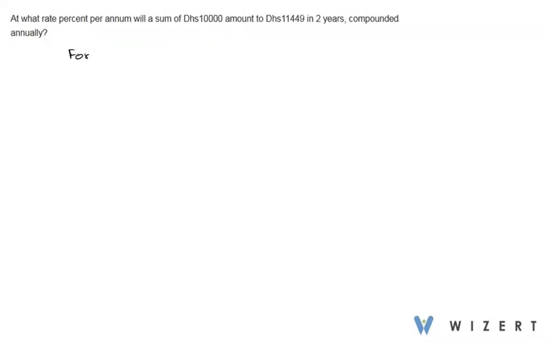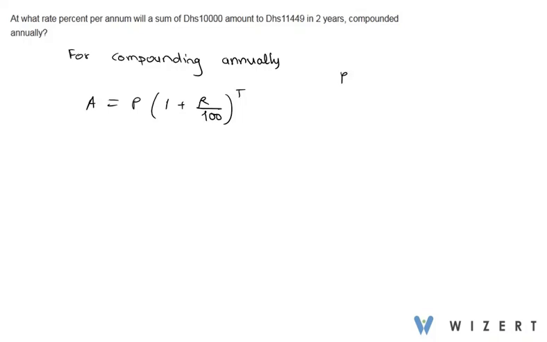So for compounding annually, we know we find amount by using the following relation. Amount equals principal multiplied by 1 plus r by 100, which is rate, to the power t, which is time period. In the given question, we are given that principal is